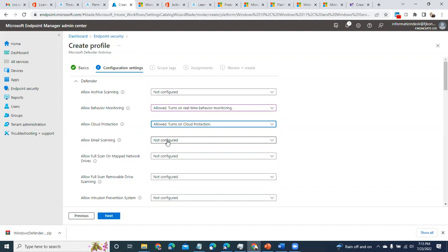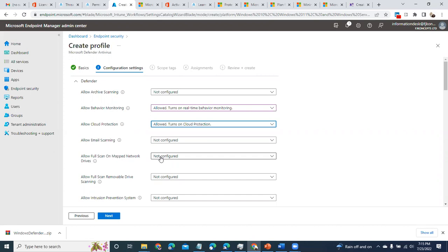So here is related. That's why I said that there are certain things that are baseline. In this kind of instance, we might put a caveat and say, if you have Defender for Office, you might not want to bother about email scanning, because Defender for Office is already going to be scanning that. Allow full scan on mapped network drive.